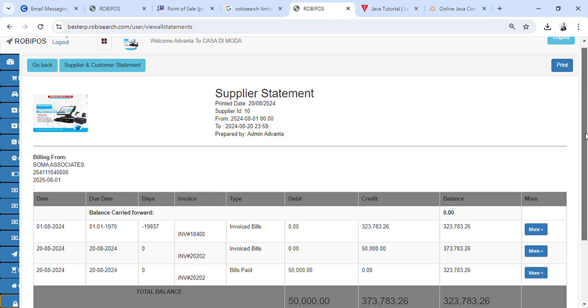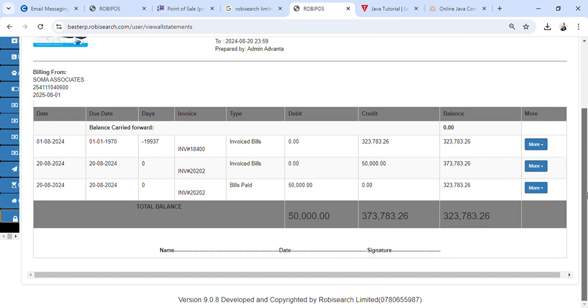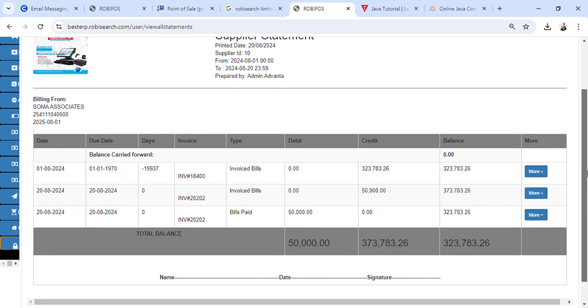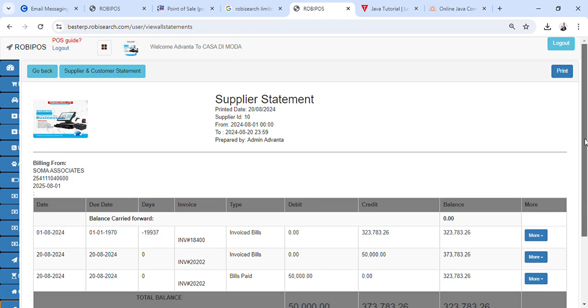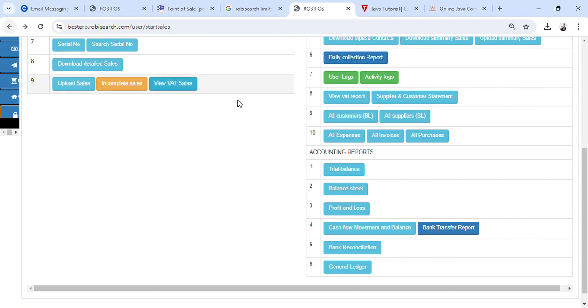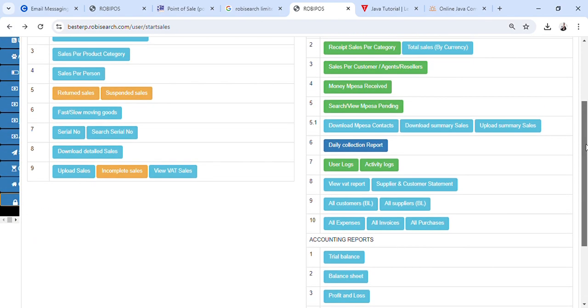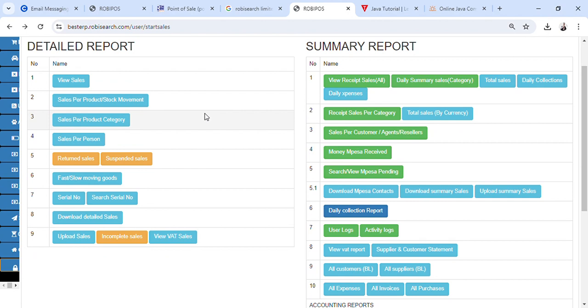So as you can see, they had brought this. This is their statement. In this specific month, they had invoiced us 323,783, and the bills paid for that specific period is 50,000. You can always print that bill. With this, with our accounting system, you can now be able to see there. Let's say we had given a certain